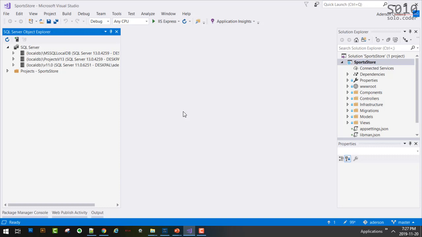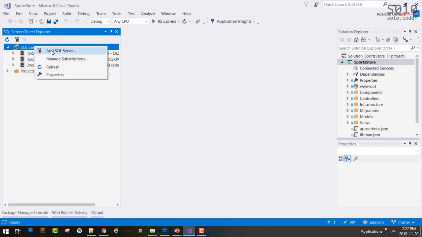But now we need to connect to a remote one. So you're going to open a new connection. You're going to right-click on SQL Server there and say add SQL Server. This will add a new connection to another location, and it will ask you for the details of that location.